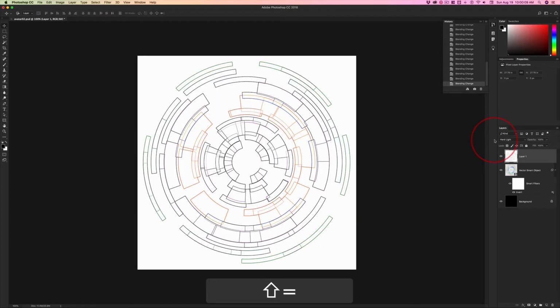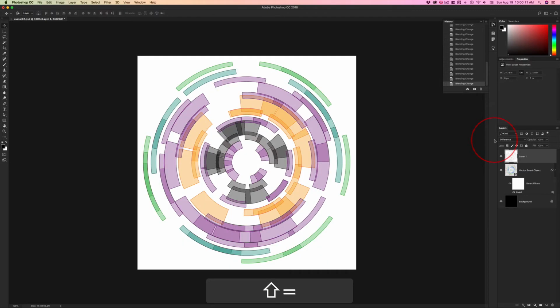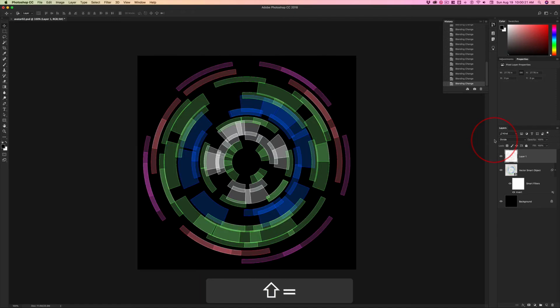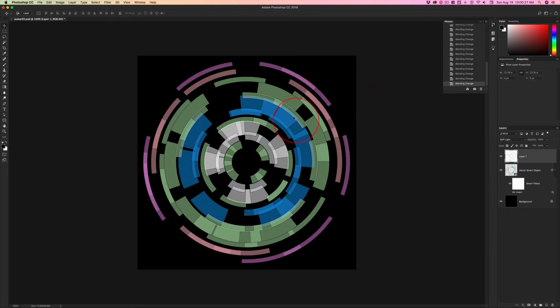And then again, you don't get anything really worthwhile until you get down to divide. Well, you get these, which, we're back to a white background. And then divide. Divide gives us these lighter lines, and soft light gives us pale colors with edges, and then